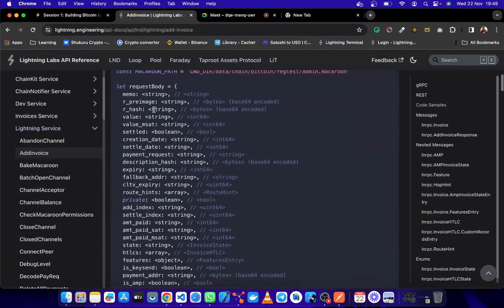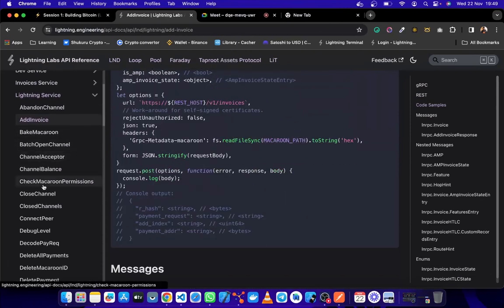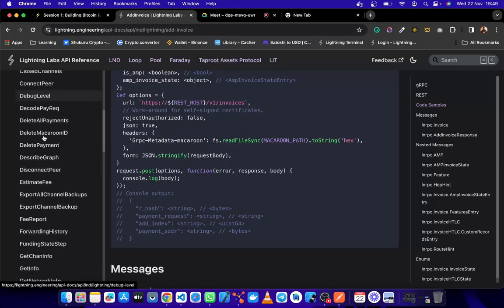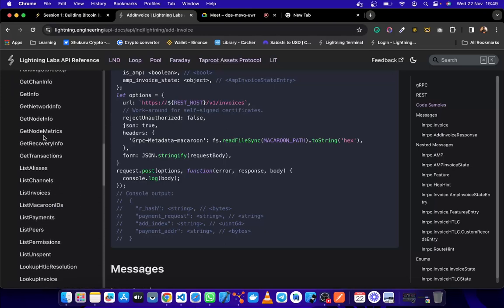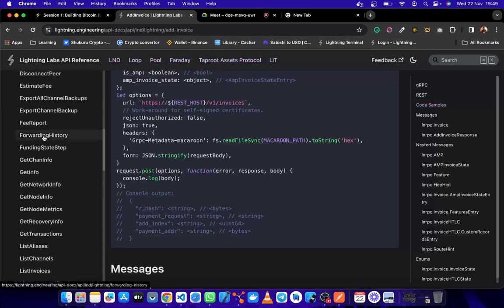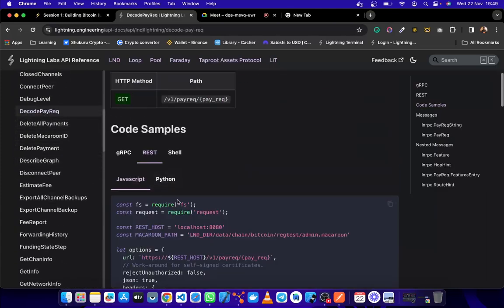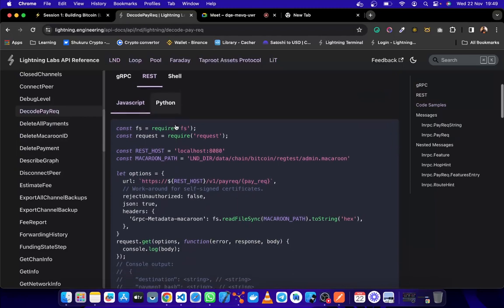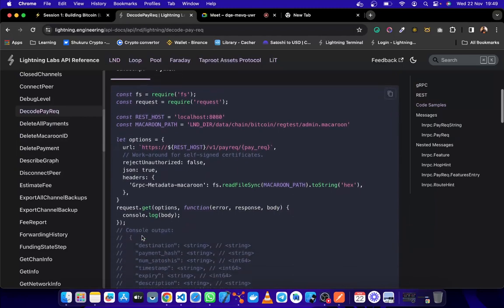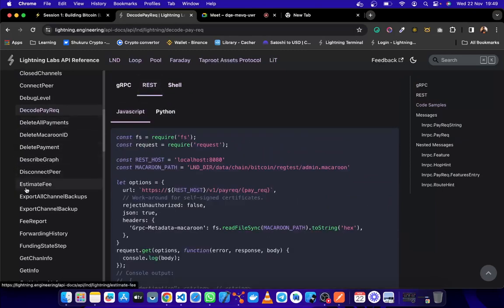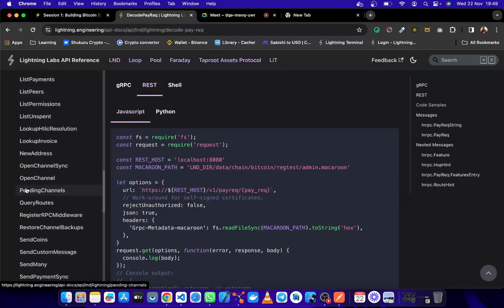Okay, when you go back to the endpoint, you'll see that we have this decode invoice. I think it's called decode invoice. Is it decode? Is it read? This is get node info. I think it's this one. It could be this one, if I'm not mistaken. Okay, I don't think it's that one.